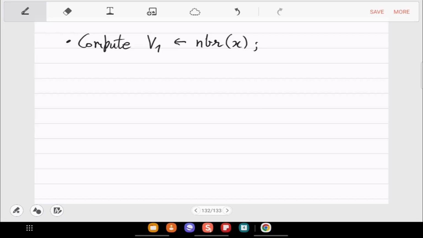And then for V2, you have to do certain things, which I will just write in induction form.